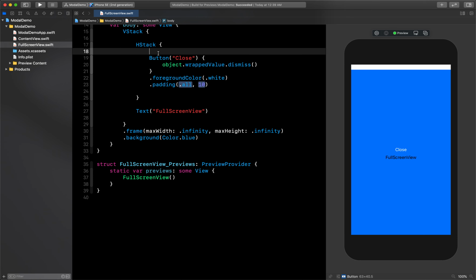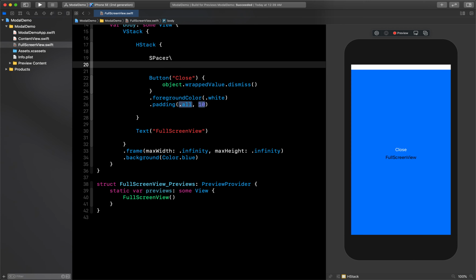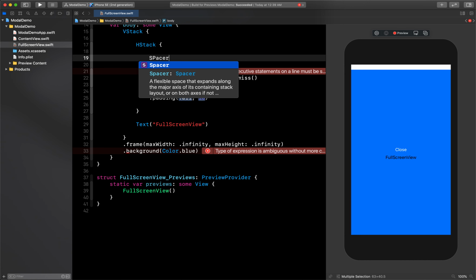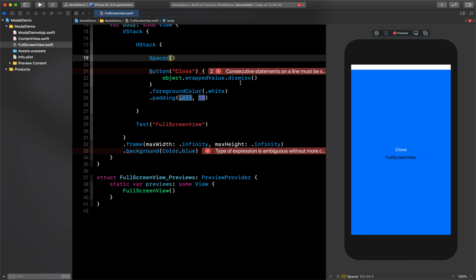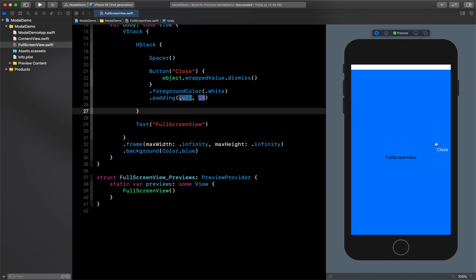So we can add a Spacer here, which will shift our close button to the corner. Now let's run it again and see how it looks. Okay, this is looking better.